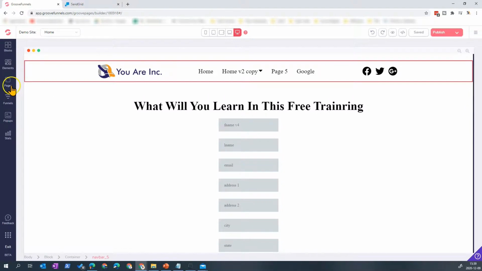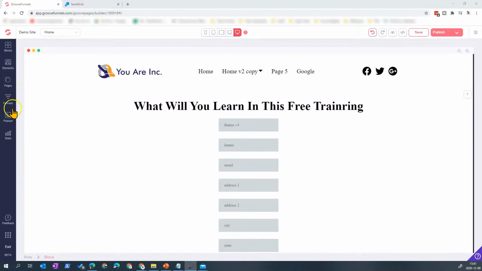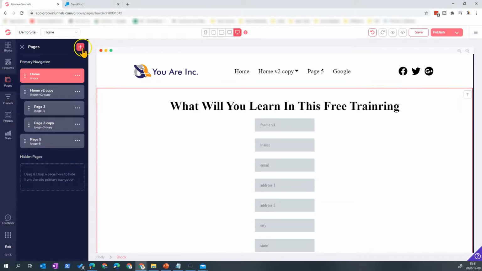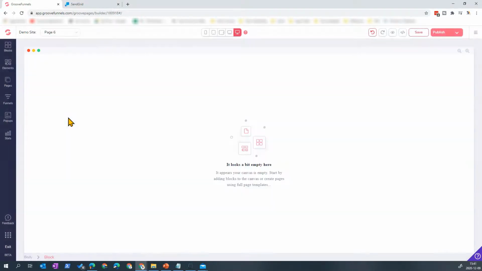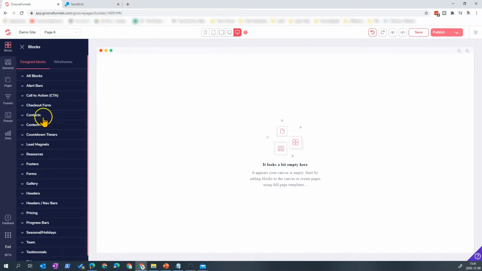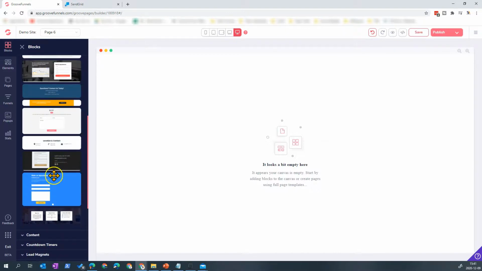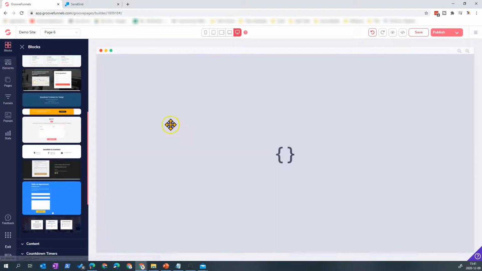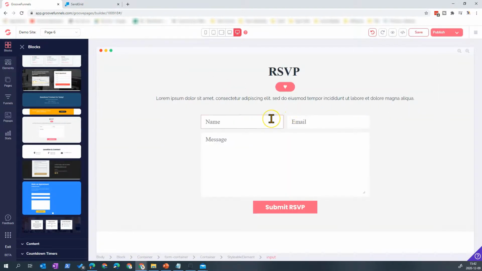I will create a new page for that. So on the page section, add button, blank from template. So I will take a blank page. Here I will go into block. You can also build it yourself with a contact form, that kind of stuff, but we already have a layout that you can use. So I will take this one here. So you see, this is the minimum that we need, and actually SendGrid will basically only support that kind of setup. So the name of the person that is contacting you, the email of the person that is contacting you, and the message.